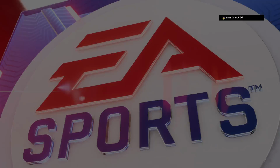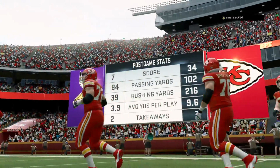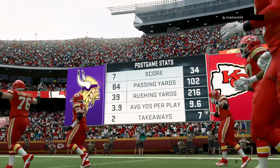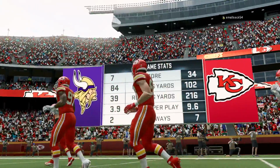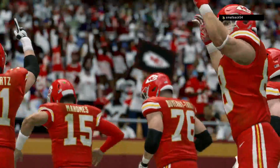When you take care of every aspect of the game, shut down the run, control the airways, right? Make sure the quarterback is harassed. This is the type of performance you get. They can't fashion together any offense, no consistency, and they just took